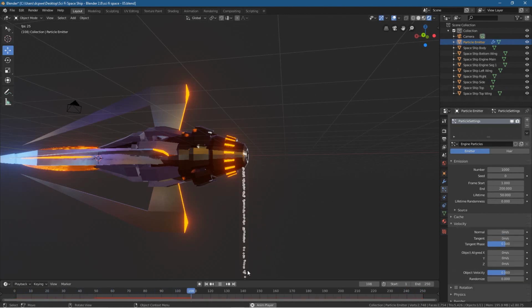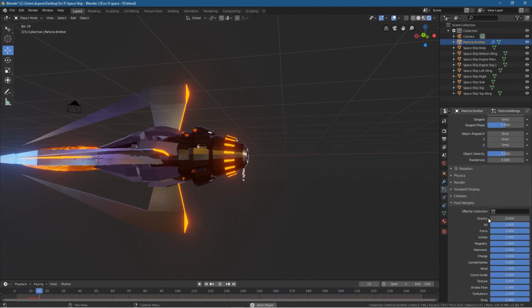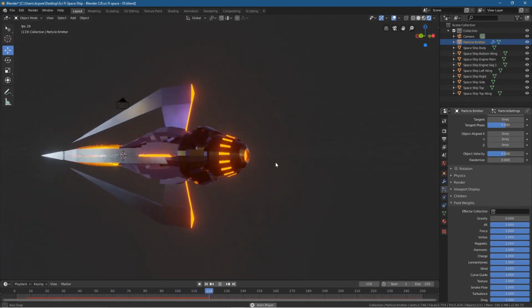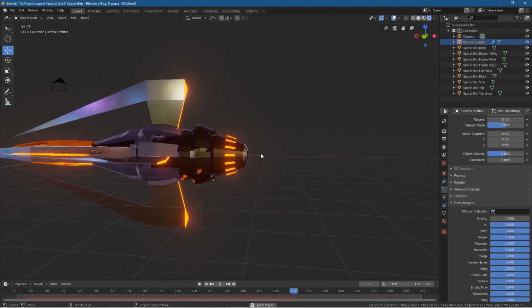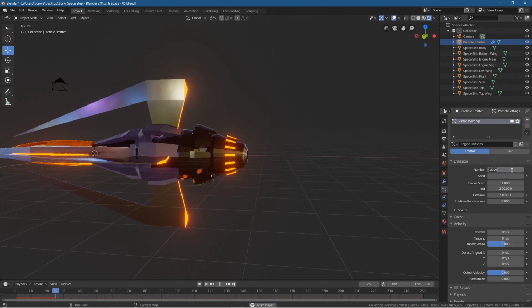So now they just drop straight down, there's no velocity. And in the field weights we want to turn off the gravity. Now those particles will actually stick to the objects. You can't really see that, but they're sticking. They're not moving. They're being generated, but they're not moving at all. Let's set our numbers to around 5,000, and then what we want to do is create